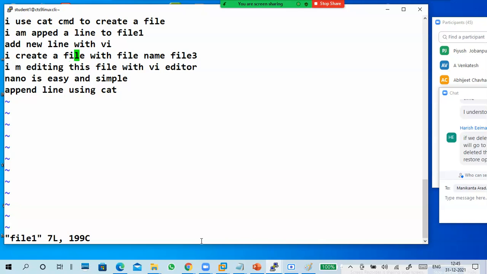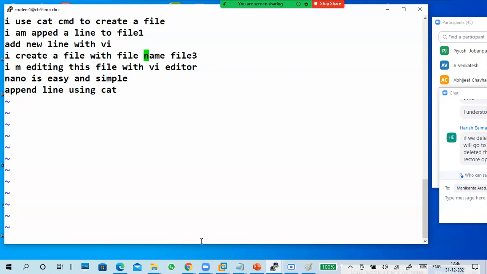Let's look at where my cursor is located. My cursor is at A, or M, anything, no problem. I'm pressing small i, and I'm in insert mode. I'm typing, and the data is inserted before A, before the cursor.